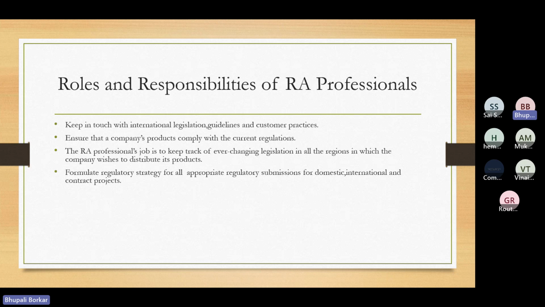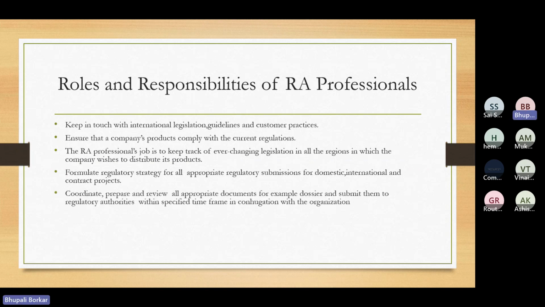So in order to reduce that, you should use your strategies in such a way that you don't have to pay the fees and you can classify that change as a minor change. So these are the different types of strategies an RA personnel should have, how he's going to use his skills to reduce the fees also and help a pharmaceutical company to be more profitable.